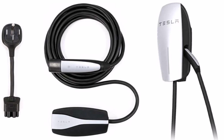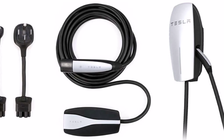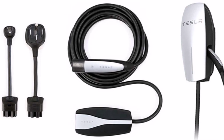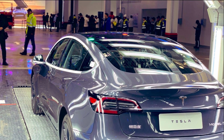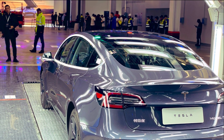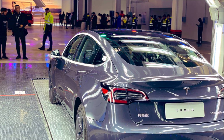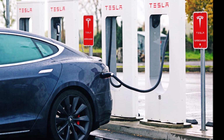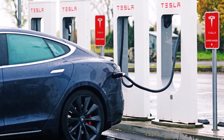So for his thoughts for discussion, the first thought is LFP batteries outperform NMC and NCA in the full cycles available until the battery is declared as done at 80% of its original capacity. He says if LFP batteries can go for 2,500 plus full cycles using 100% of battery capacity available, from full to empty, until they reach 80% of their original performance, they will outlast the life of the car for practical purposes. This is great news for people worrying about battery health throughout ownership and for resale of their Tesla vehicle